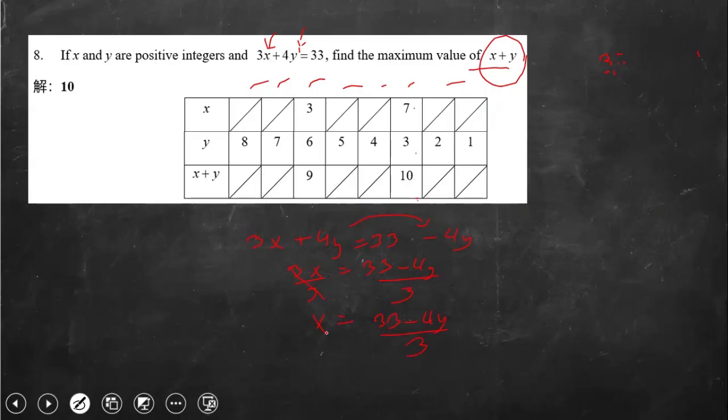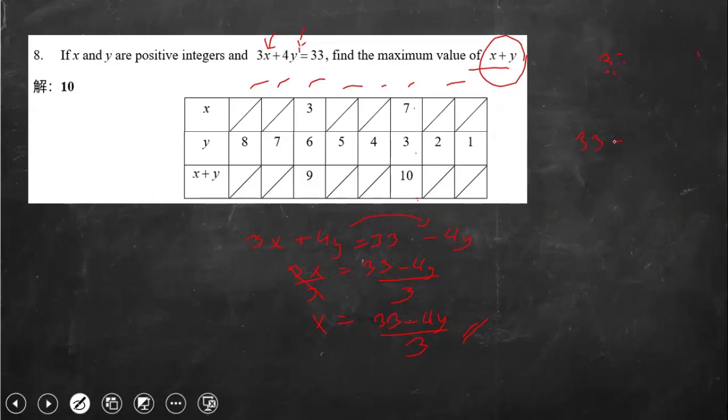Okay, so, sign for this one. What's that? 33. Uh-huh. And yeah, it's easier to try here. You know that